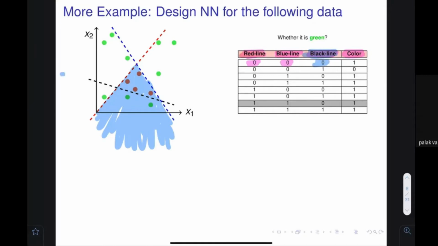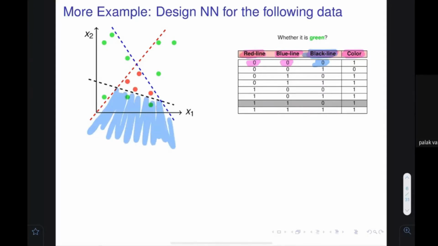Where is the black line? The black line is this. So below the black line is this. So if I say all of these things together, then I am actually referring to this area. Make sense? In this particular area, what is the color? The color is 1. Whenever this condition is there, the item is 1. It is green. Makes sense? This table actually specifies this.